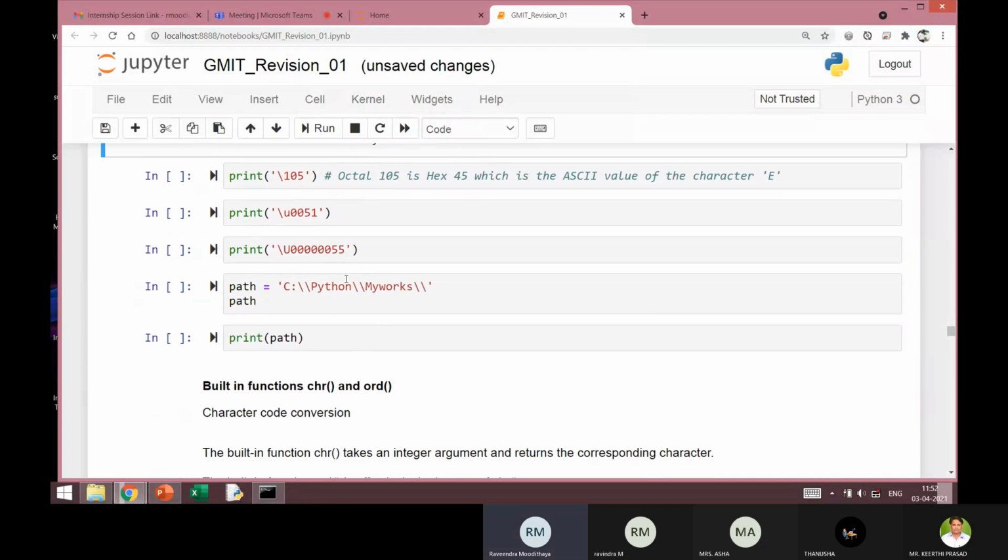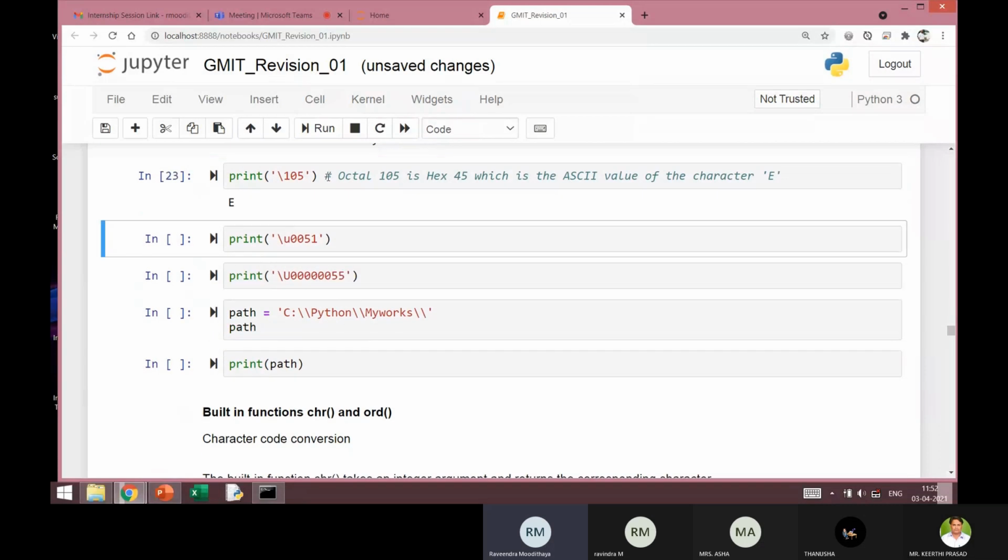I think I'll skip these things. Anyway, I'll just make you see the output. Actually, 105 is the octal representation for the character E, and backslash followed by these 3 digits will be interpreted as the octal number, and the corresponding character is printed here.